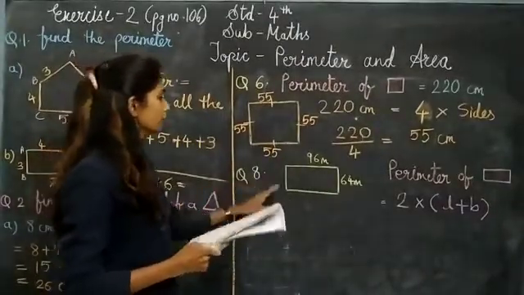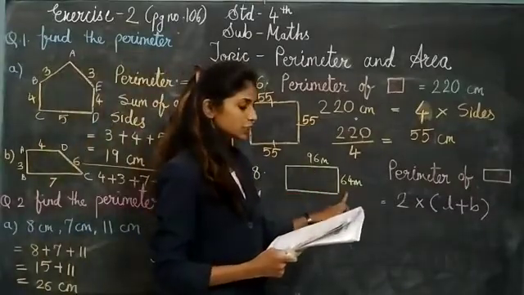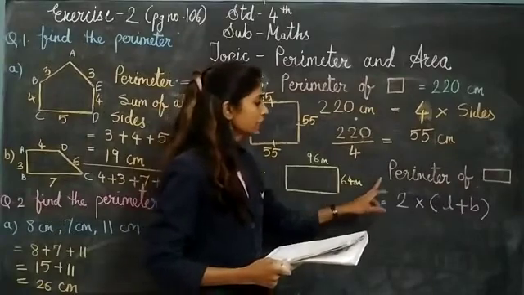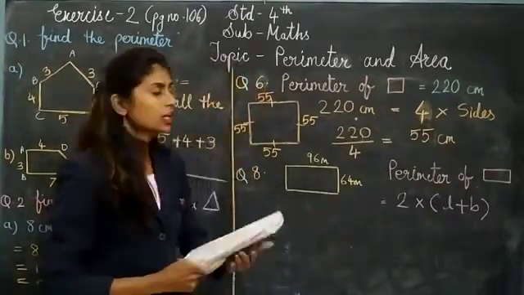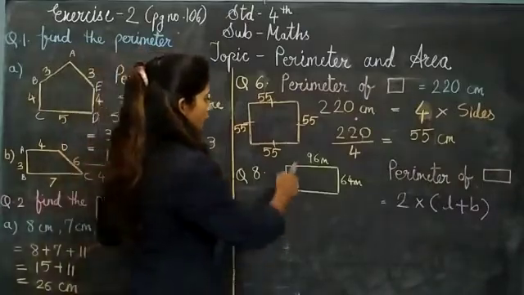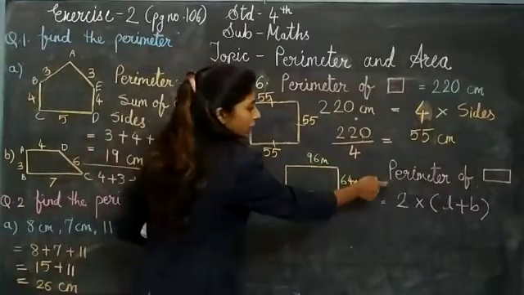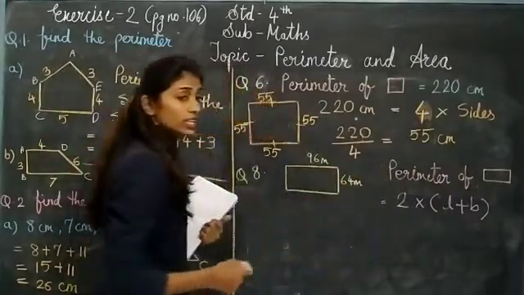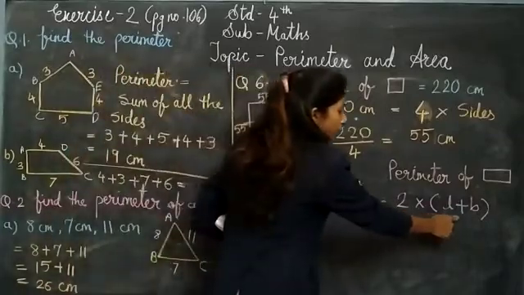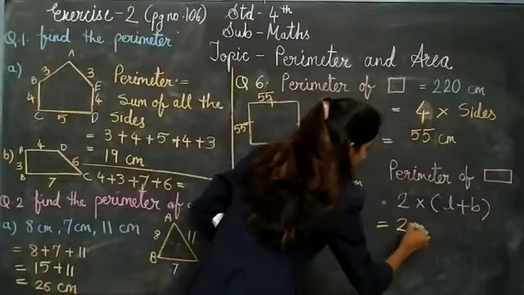The length and breadth of a rectangular park are 96 meters and 64 meters. Find the length of the wire needed to fence all around the rectangular park. Now the question is very easy. Again, length and breadth are given. We have to find the perimeter of that rectangle. So again, we write the formula here. The formula is 2 multiplied by length plus breadth. So let us solve. Again, 2 will come here.